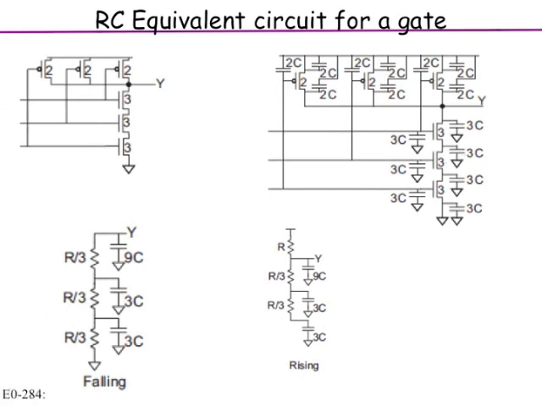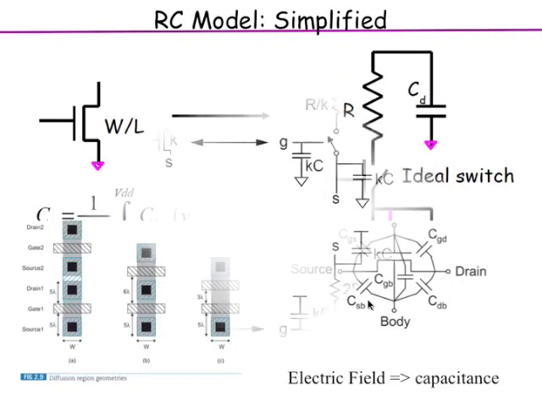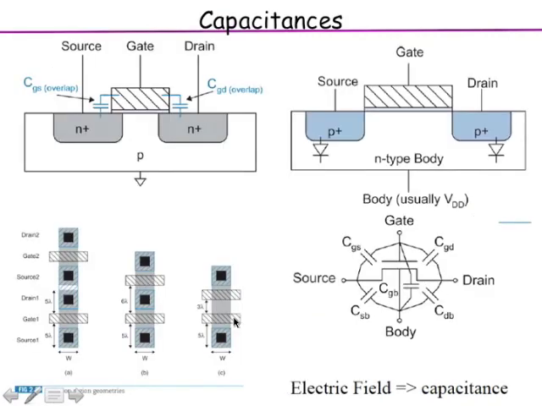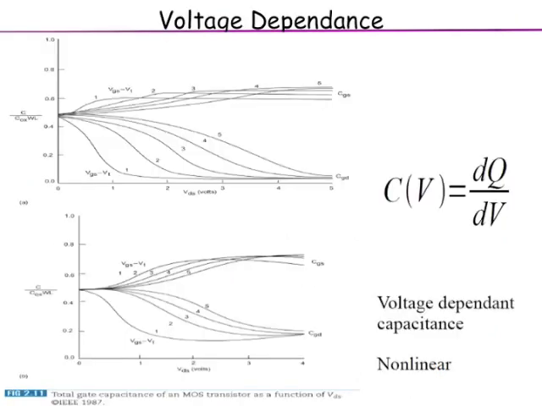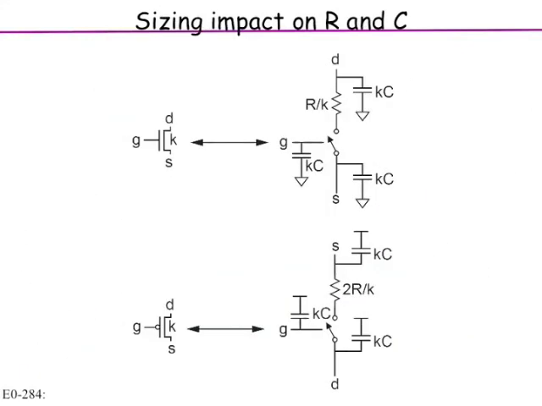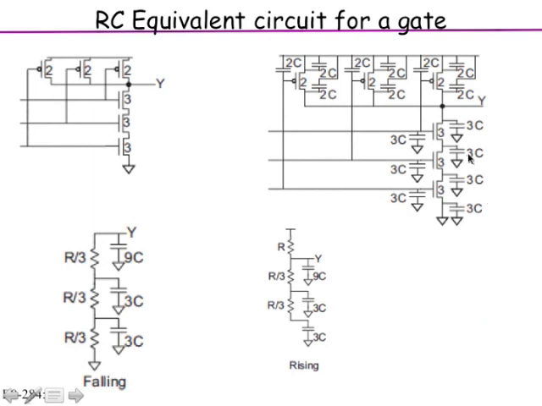Because we are assuming that in these kinds of layout, you are sharing the source drain region, like we discussed in this layout. Right here, there is some sharing going on, in both of these. So we are saying that we don't count that capacitance 2 times because it's not the right thing, because the layout already has been smartly done to share. So typically when you have a series stack, you really want to share and not have extra capacitance. So you have 3C, 3C, 3C. Similarly, if I take any PMOS, gate is 2C because the size of the PMOS is 2 and the source and drain regions are also 2C.